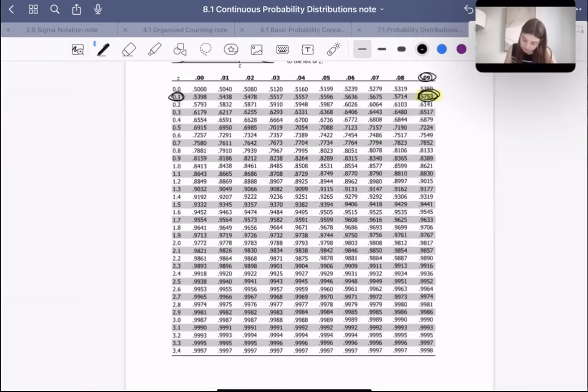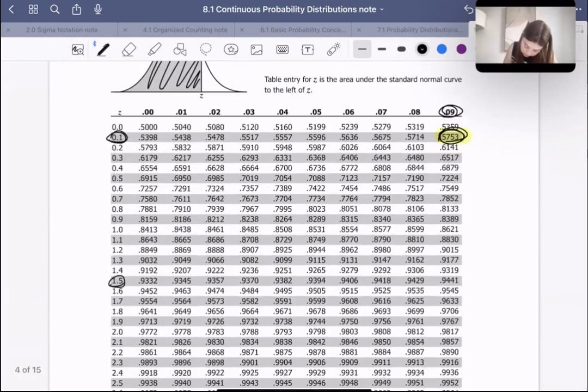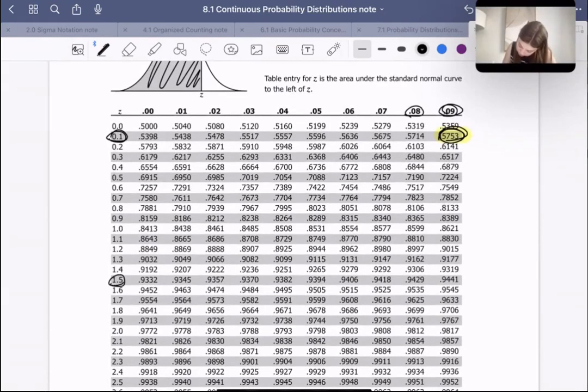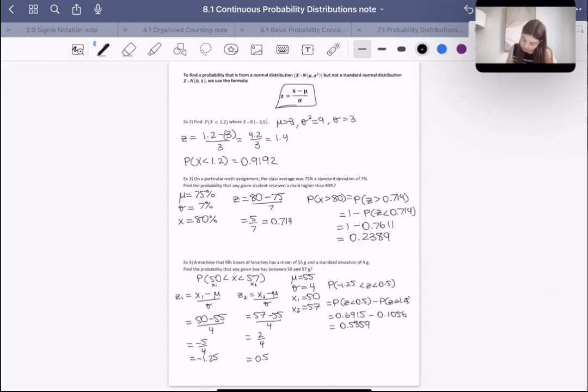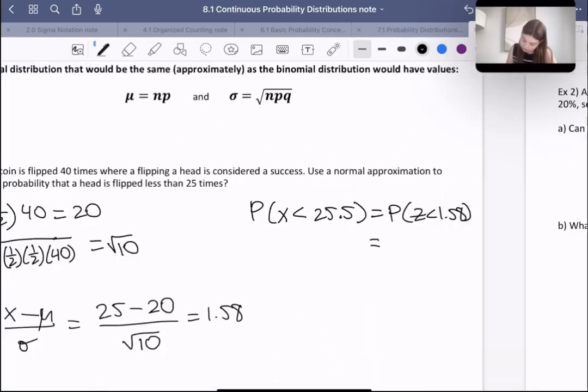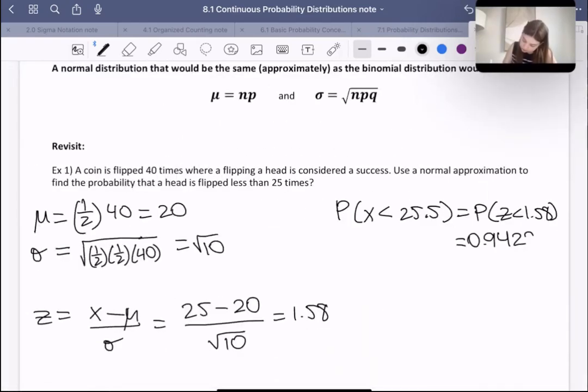Okay, so 1.5 is here, and where is 8? That's here. So there we go. It's going to be 0.9429. So that seems pretty likely. And if we think about it, that makes sense because the number we're expecting, mu, is 20, and so for the head to be flipped less than 25 times seems pretty likely,